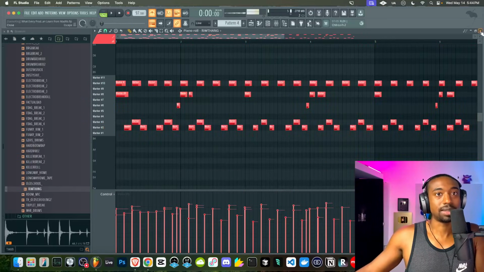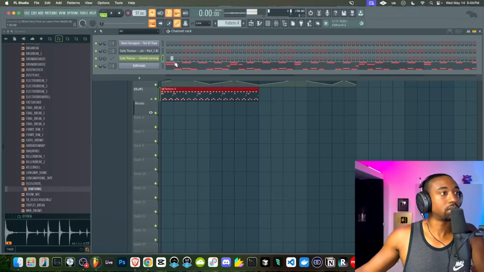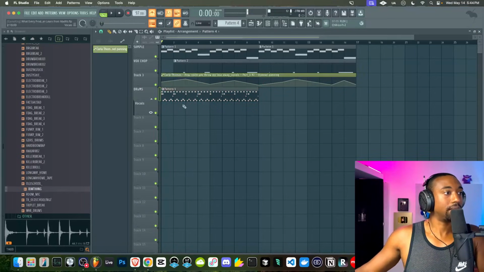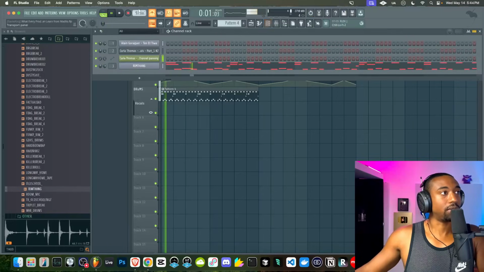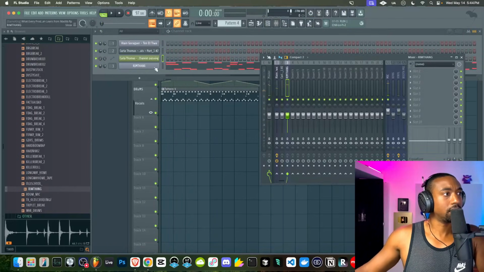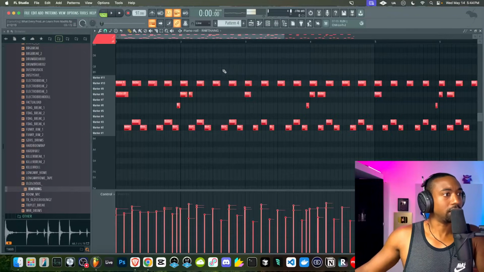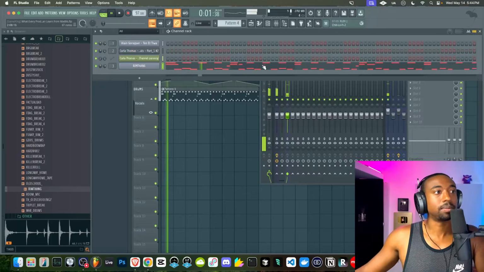So now it has more of a tightened swing. It doesn't sound so loose. And we can still go back and swap out the kick if it doesn't have enough energy behind it. So I'm trying to figure out why this sounds smeary. Sounds like we have some doubling of a sample here. I guess that's just what the snare sounds like.